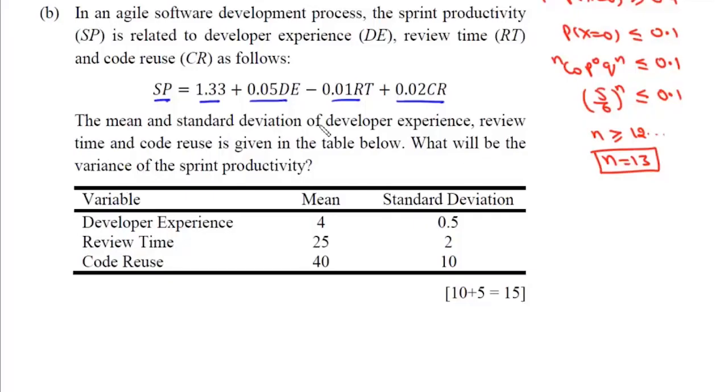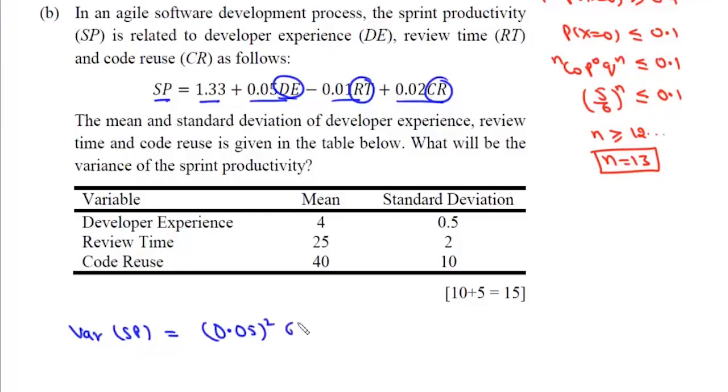Now in this case, all the variables are linearly related, but we have to make an assumption in order to solve this question, and the assumption is these random variables are independent of each other and not correlated. And if they are not correlated, then we can simply write variance of sprint productivity will be equal to